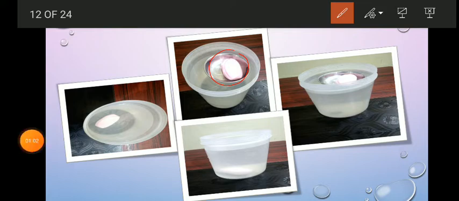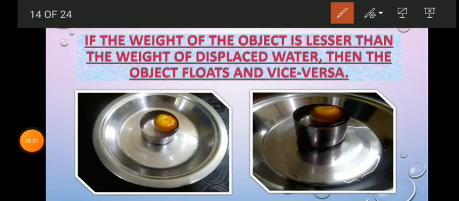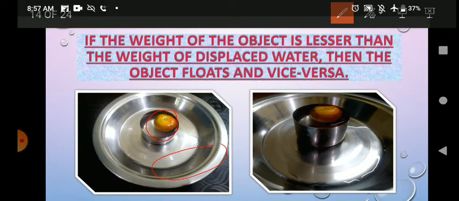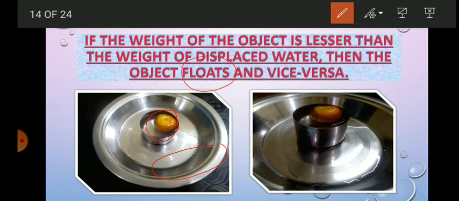Got it? So children, always remember that when the weight of the object is less than the weight of the displaced water, then the object floats. But in the same case, if the weight of the object is higher than the weight of the water, then the object starts sinking.